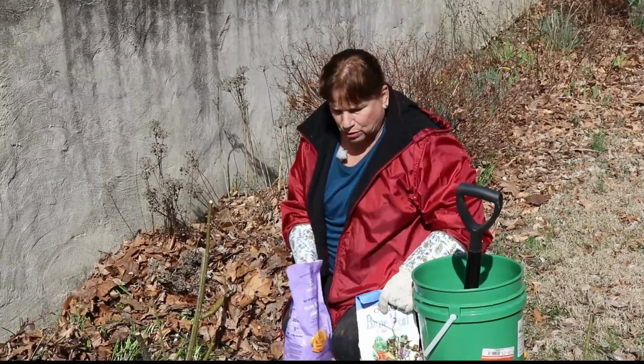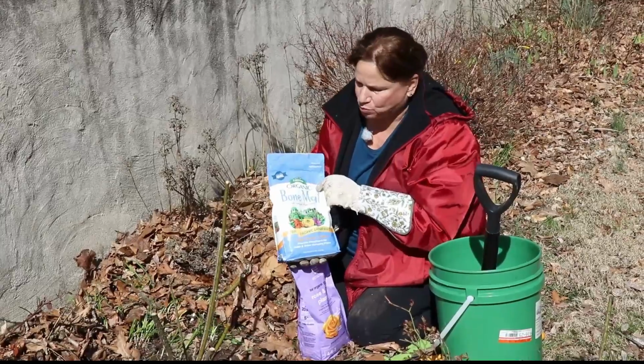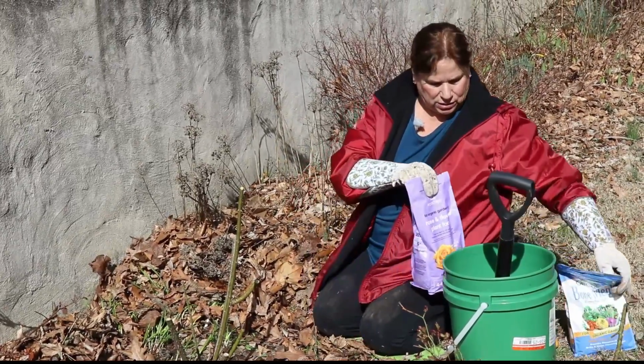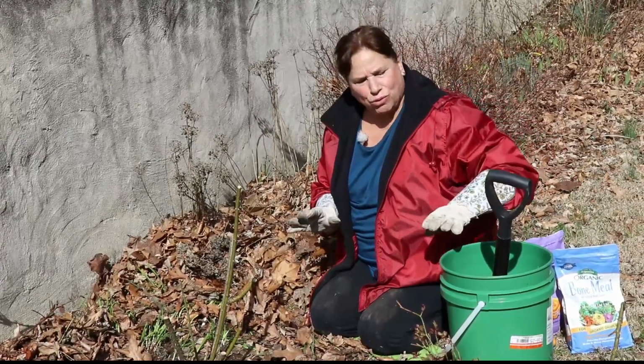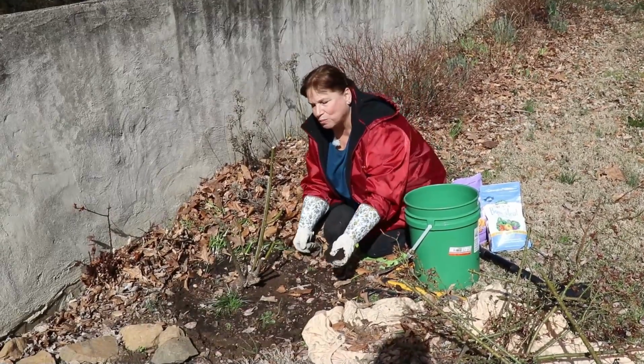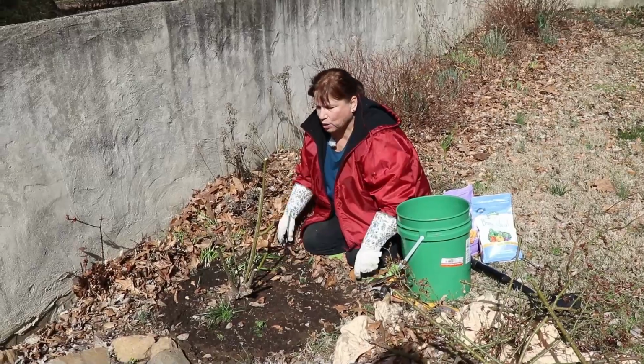This is bone meal. This is made from bones of animals. This promotes flower growth as well. But you know what? I don't use these unless I see there's a problem. But I like to spread my own black gold. It helps the whole structure of the soil, and black gold is...